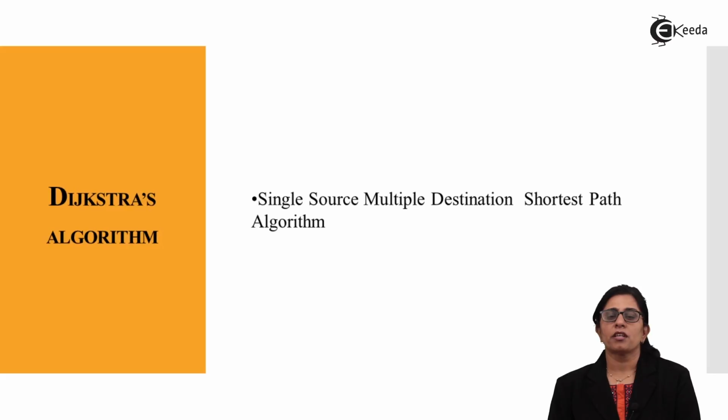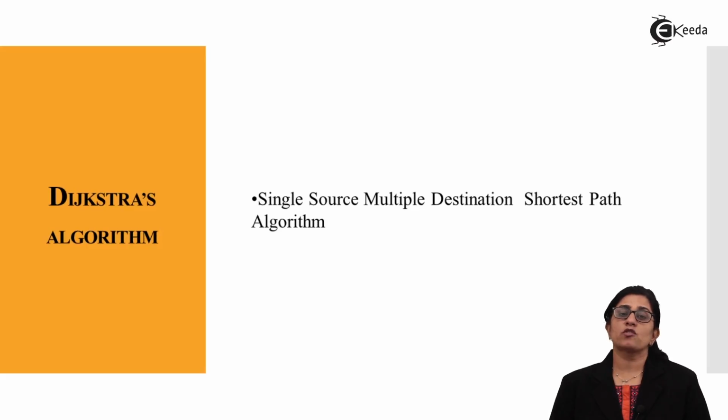Now what do we mean by single source multiple destination? It is when I need to traverse a graph from a source to a destination. It is not necessary that from a single source there will be only a single path existing. From a single source to reach the destination, there will be multiple paths existing. So, from these multiple paths, we have to find out the shortest path among them. That is where my Dijkstra algorithm comes into picture.